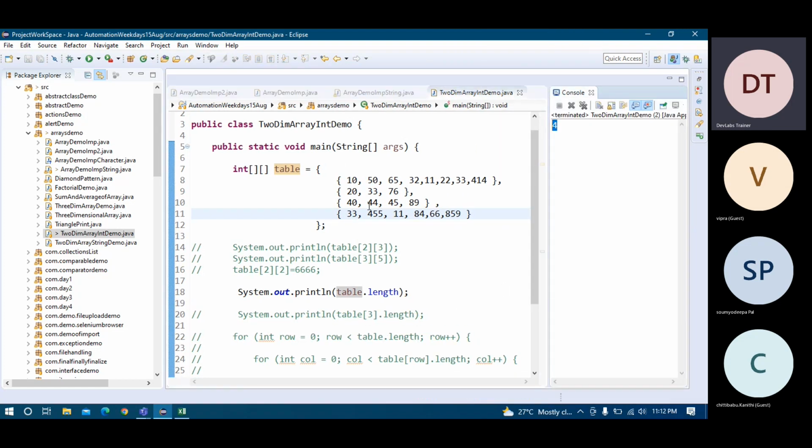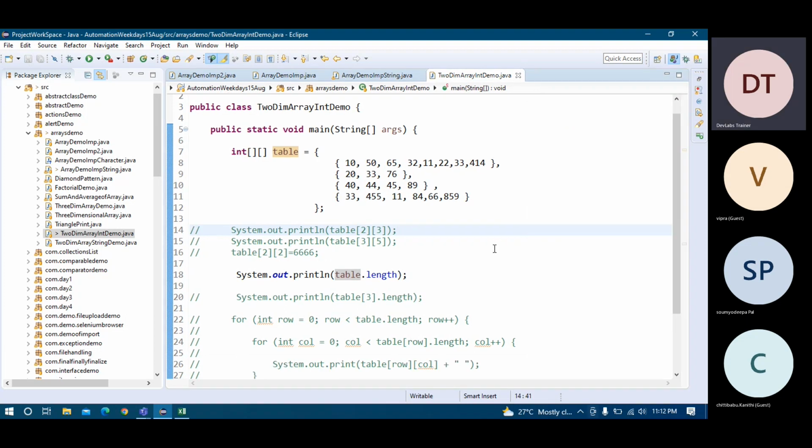You see here how many rows there are, and in a particular row how many columns there are. If you have to print that, you put one box and put the particular row number, to get how many columns are in that row. So this will just print the total number of rows. But for a particular row, if you want to print how many columns there are, you use this format: table of a particular row, and then print the length.